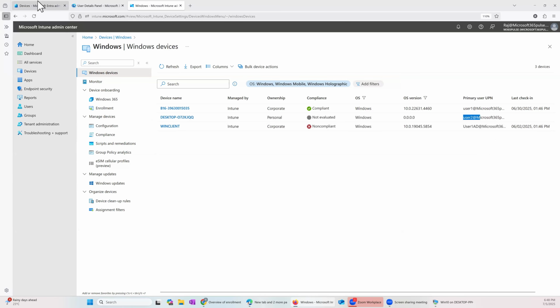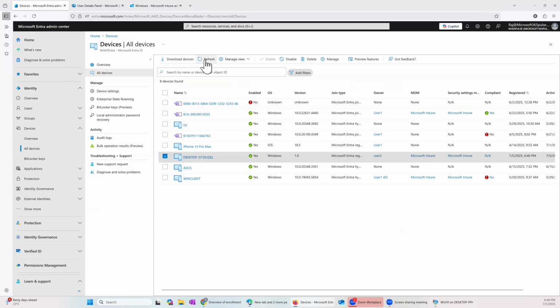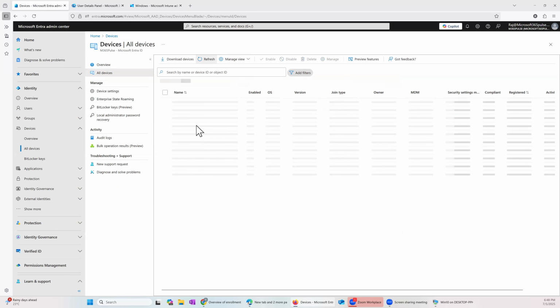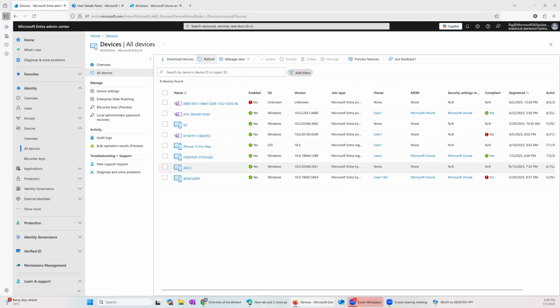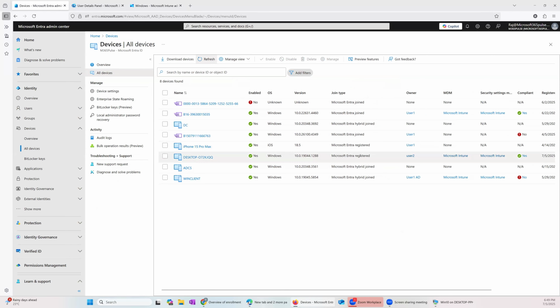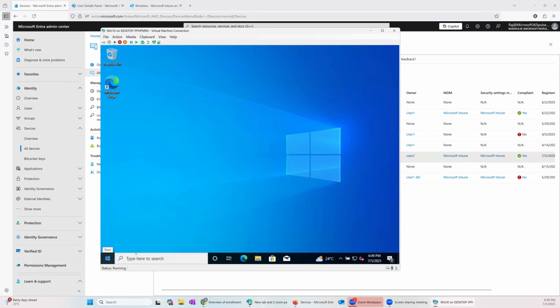All I have to check is if it's an Entra ID join so that I can play with it. I'll just refresh this. So the one here, which is 7.5, is a device. As far as it is showing as registered, it is not joined, right? So we'll do one thing. If it is registered,